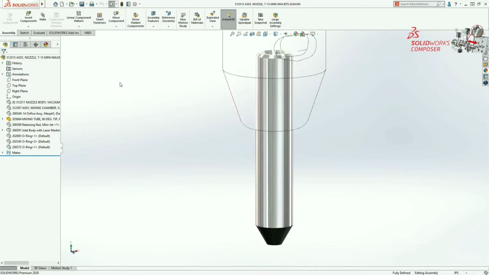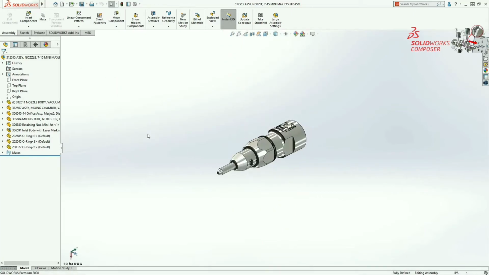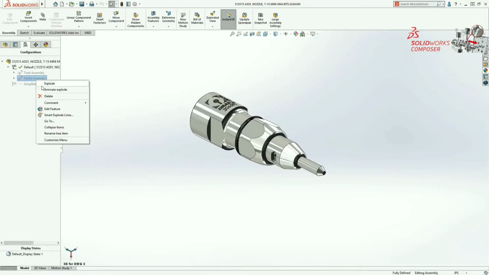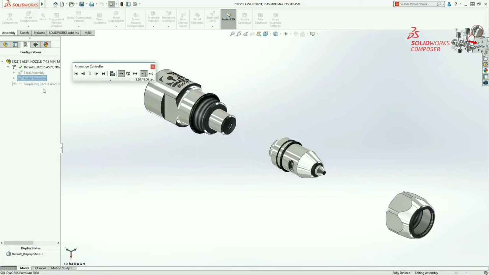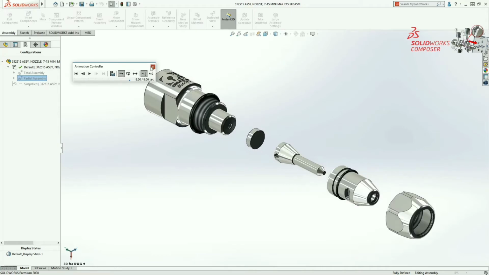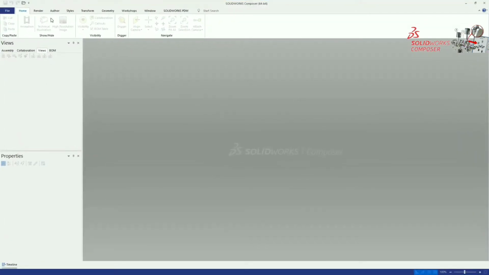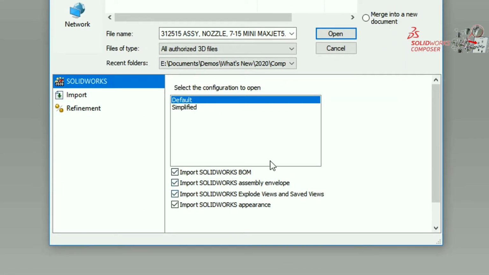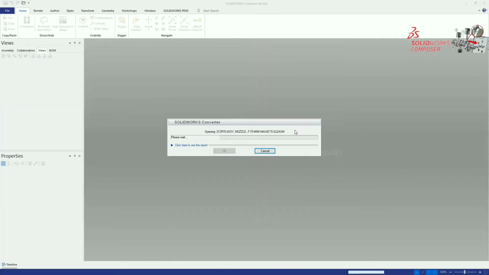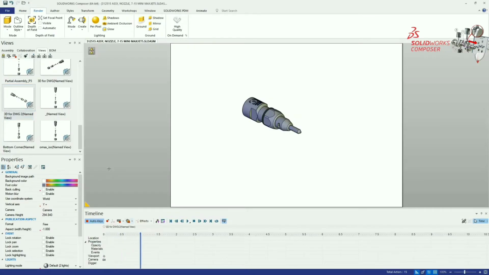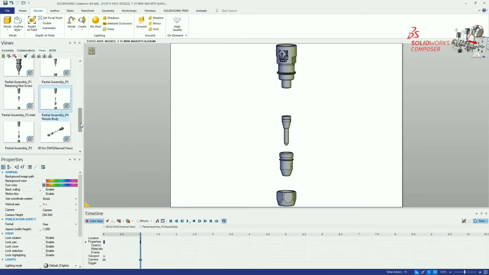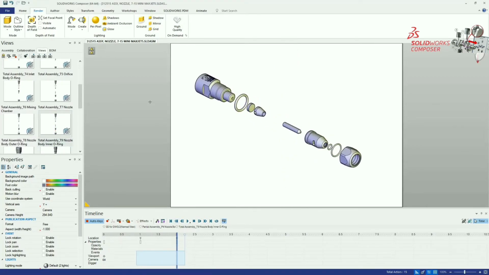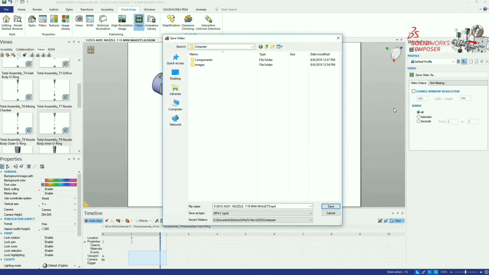The CAD model of the nozzle contains multiple named and exploded views necessary to document the design with SolidWorks Composer 2020. All of these views are now included when you open the models, so you don't waste time recreating them. This makes it quick and easy to create a custom exploder animation with Composer. And with 2020, you can now save the animation to additional formats like MP4.